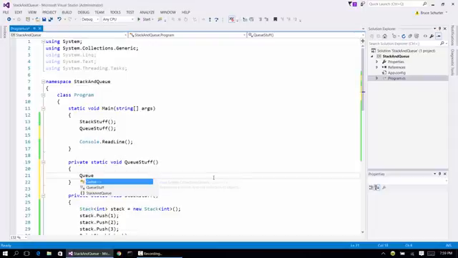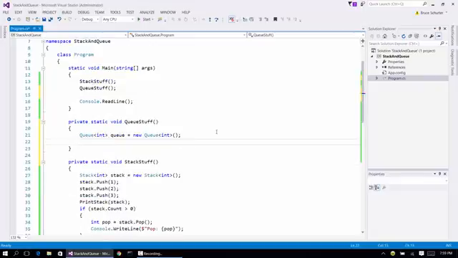Queues are built in a very similar manner. It is a generic queue. However, the commands to add or remove items are different. It's not push and pop. It's going to be enqueue and dequeue. So I could say queue.enqueue, the value 1,